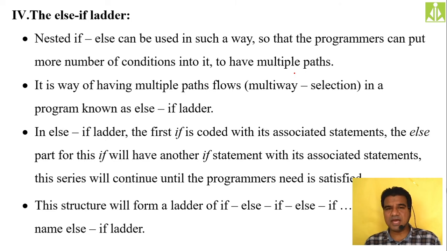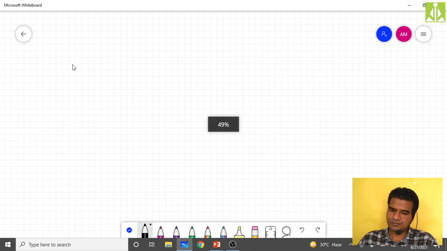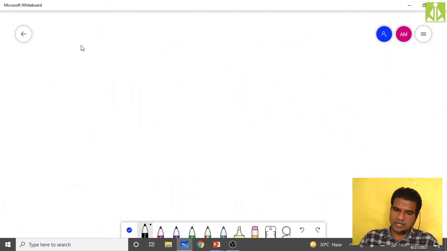Simply, we are joining multiple if else statements together by using the nested if else concept, to achieve a ladder kind of thing, to achieve the multi-way selection statement. So first, see here, in the normal way we are starting, first we are keeping if followed by the expression. For our simplicity, for our understanding, I will make this expression 1. Then the statement block